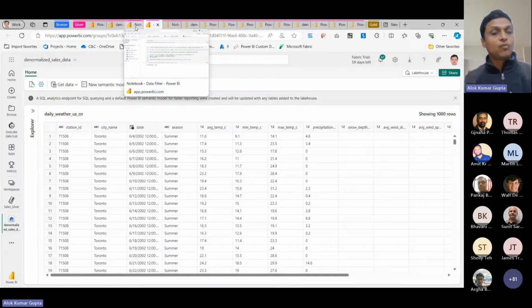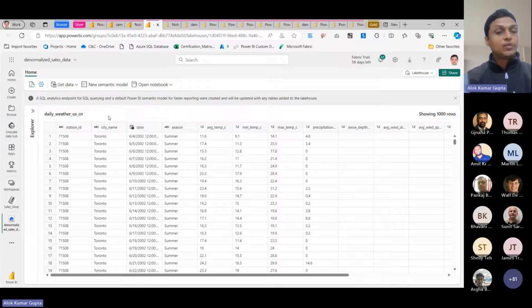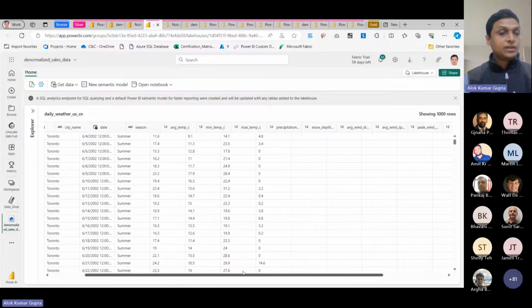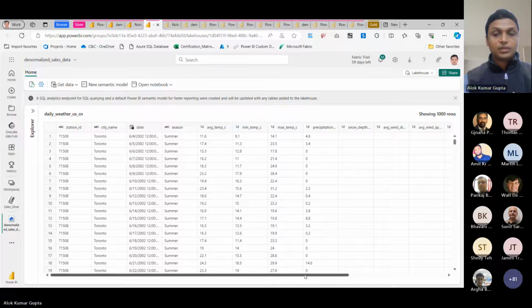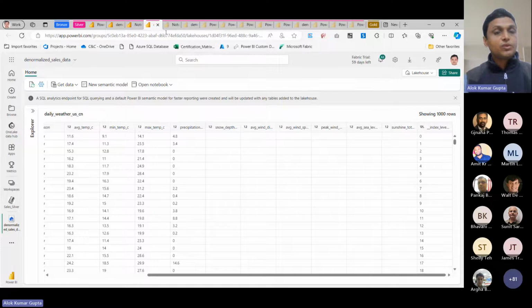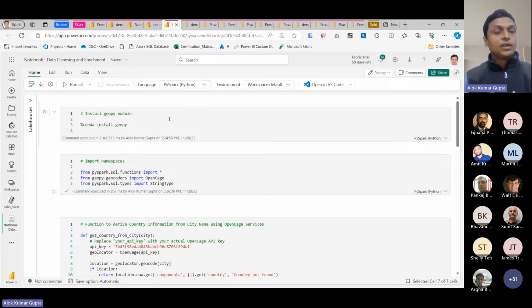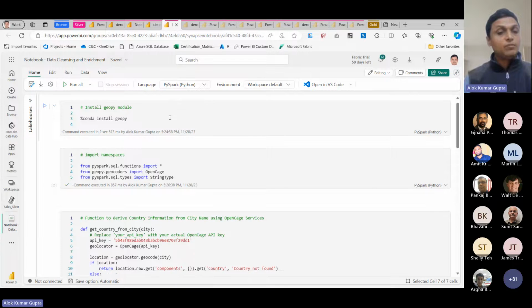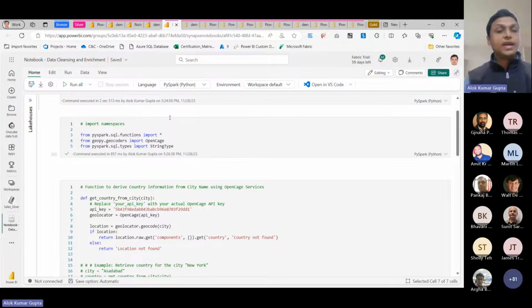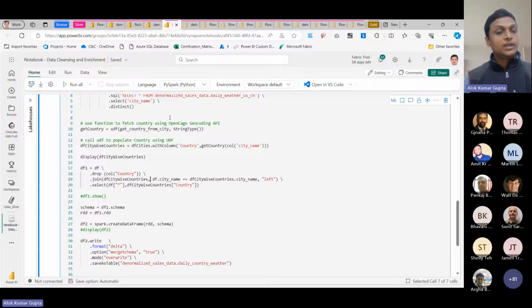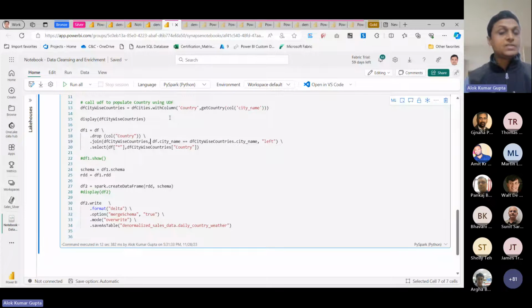Now we focus on our second challenge, which is to map city names in weather with country names. Here we see that we have just the city name. We do not have a country name here. For this, we will use a second notebook. This notebook addresses this challenge by querying a third-party geocoding service, OpenCage, fetching the country name for each city and storing it as an additional column in the data frame, and then saving the data frame as a new Delta table,